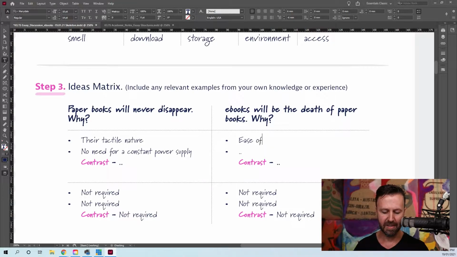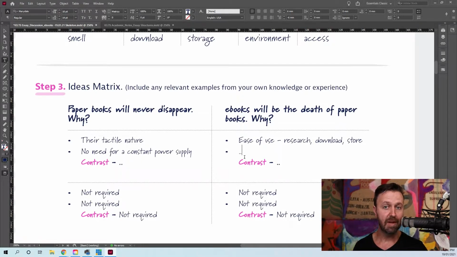So, them being really easy to use. And then I've got here, you can research titles, you can download them very, very easily, and you can store them on your device. I guess when we think about it, e-readers have really revolutionized reading in general, and being able to purchase books, being able to access books. We can research, download, and store really any time of the day whenever we want to, which is, again, one of the reasons why we're saying that